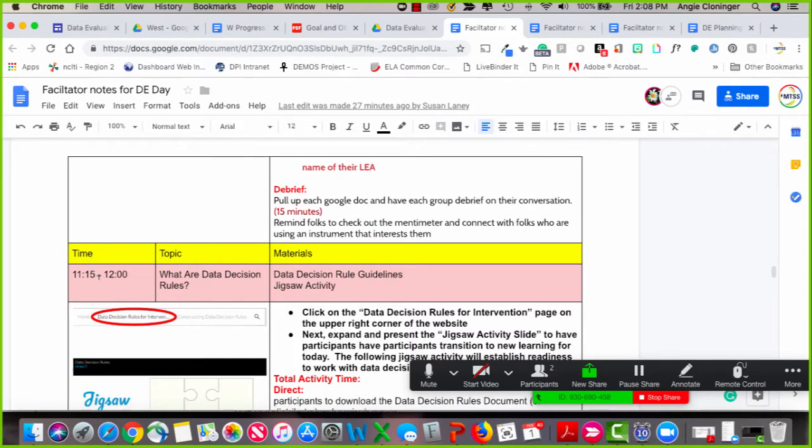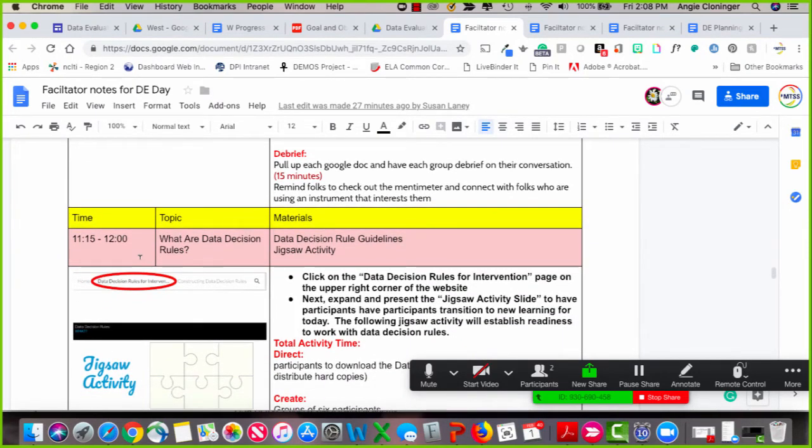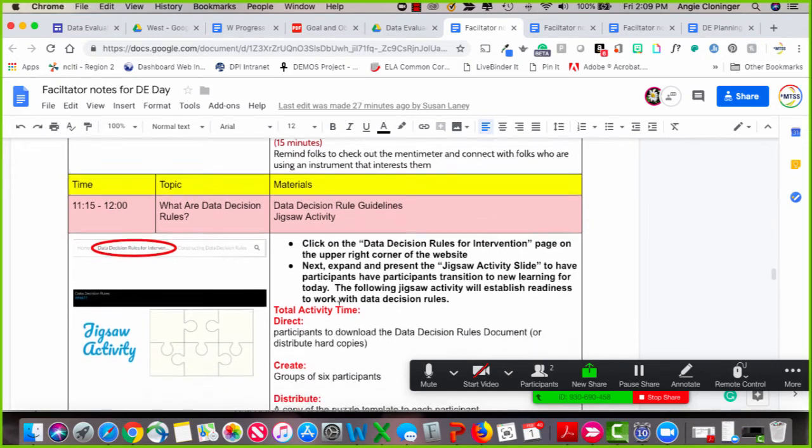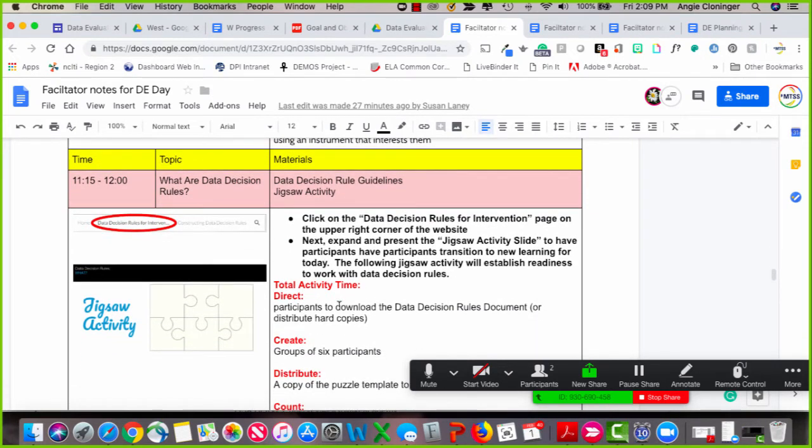in this next section, you can see this is really when we get into the real juicy stuff. And we're going to start off from 11:15 to 12, really beginning to be more specific with the data decision rules that we can make within the standard protocol approach. That includes a data evaluation system that's shifting from a teacher referral to a team referral process. So we're going to start by making sure, again, we all understand what we mean by data decision rules for